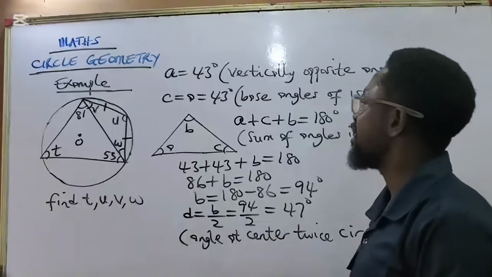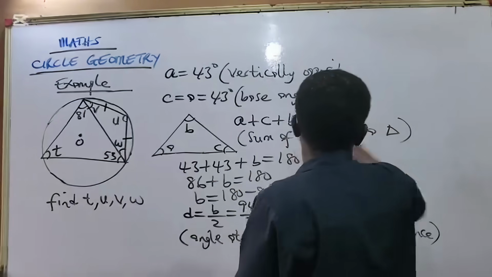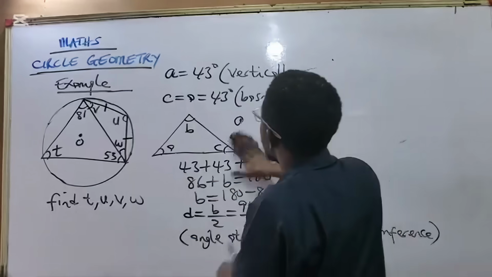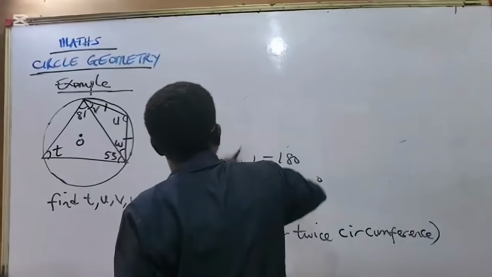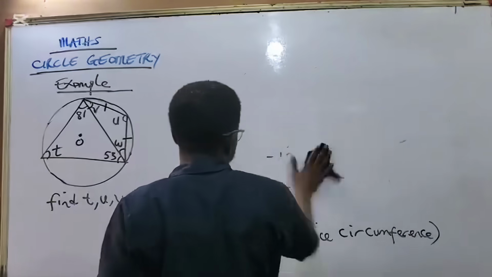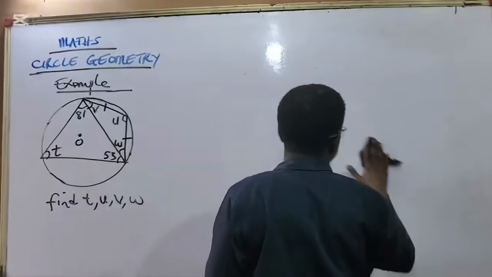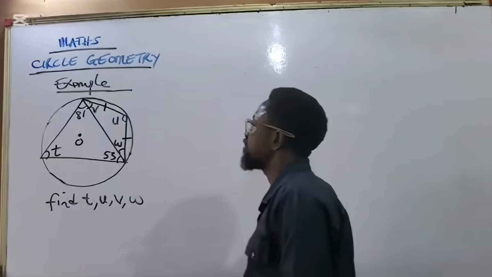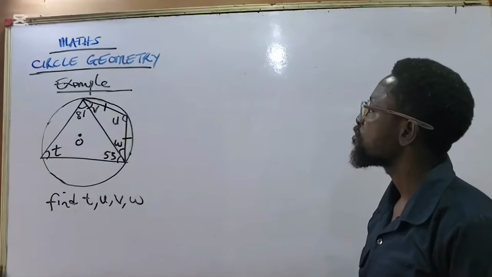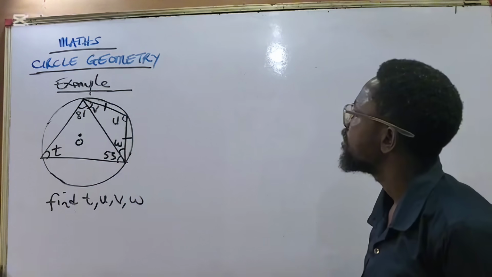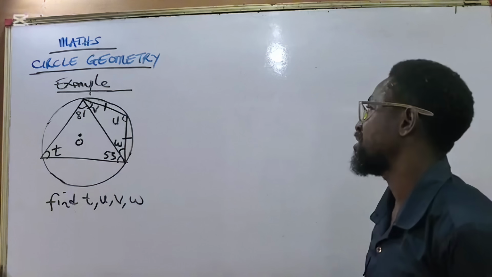Let's take a look at that figure now. It doesn't matter how complicated the figure is. It's just for us to break it down and see if we can find the required theorem to solve that particular question. Now let's take a look at this one. For us to get the value of t, which is the first thing I'm going to get in this question,